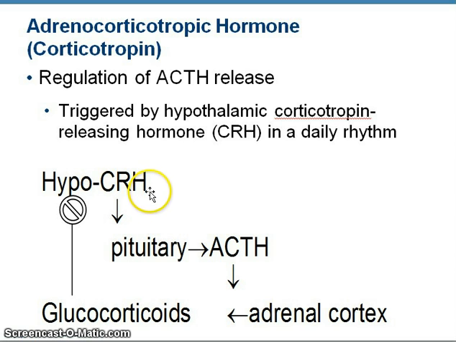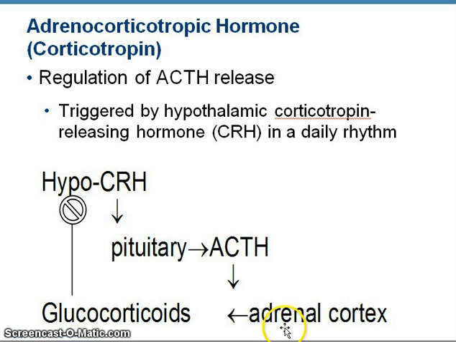This is going to travel down the pituitary portal vein to the anterior pituitary, where it will stimulate the release of adrenocorticotropic hormone. Adrenocorticotropic hormone will then enter the bloodstream, and when it gets to the adrenal cortex, it will